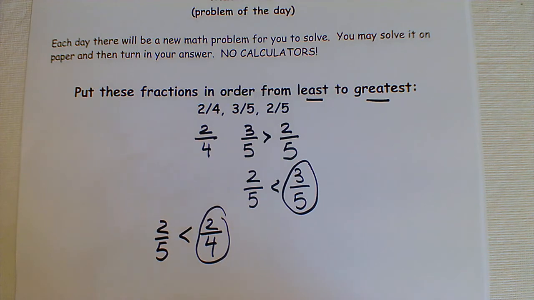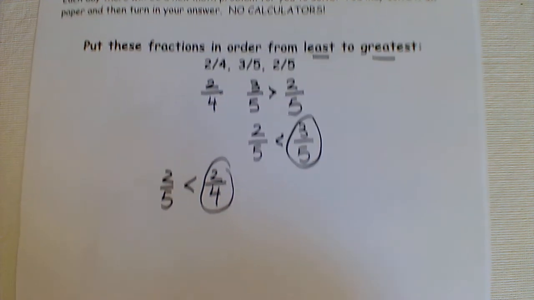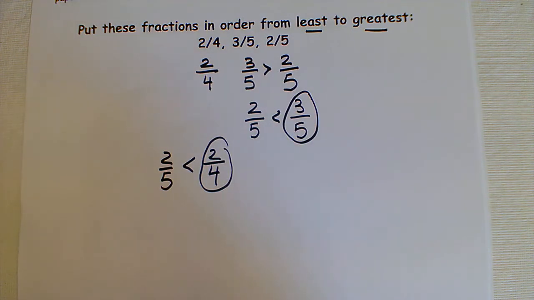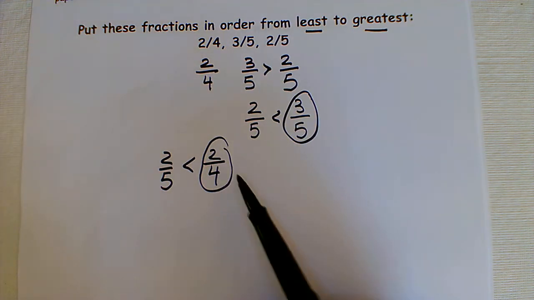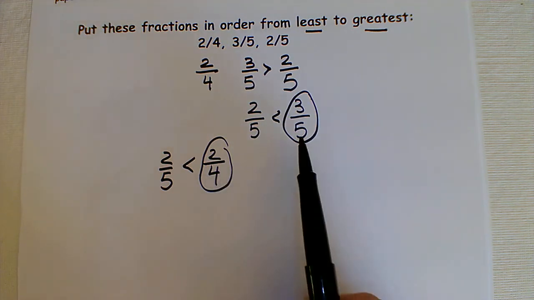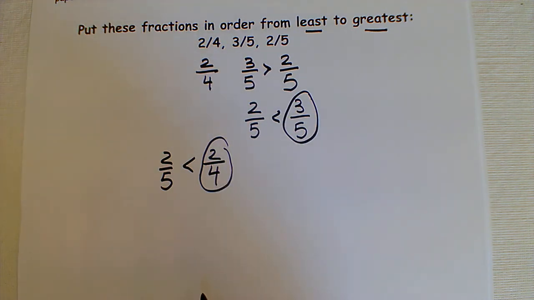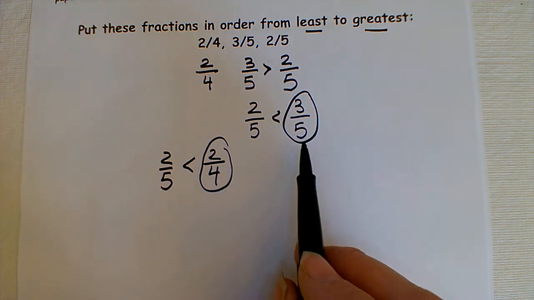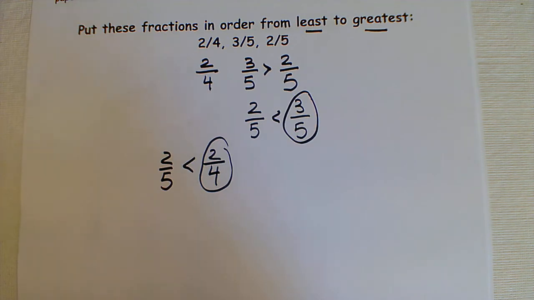But if you didn't remember that, what you could do is go ahead and get a common denominator for these two. So if I want to compare 2/4 and 3/5, I'm actually going to turn both of them into 20ths. And how do I do that? Well, remember, we take one fraction and multiply it by the denominator of the other fraction. So I'm going to start with 2/4,